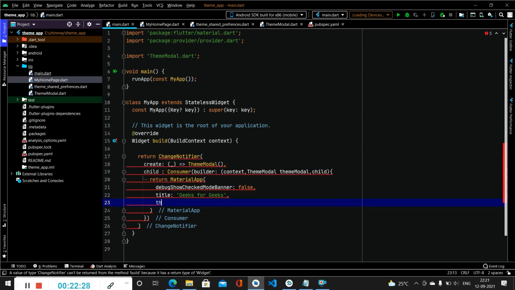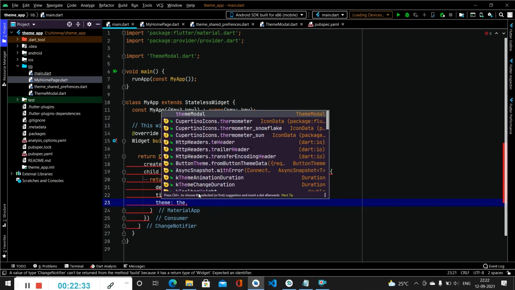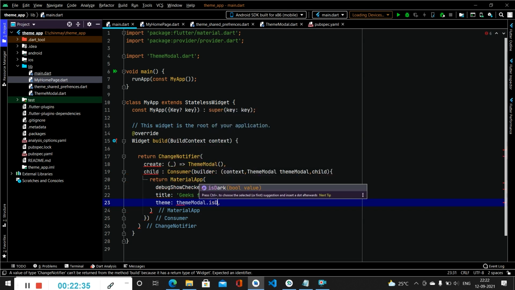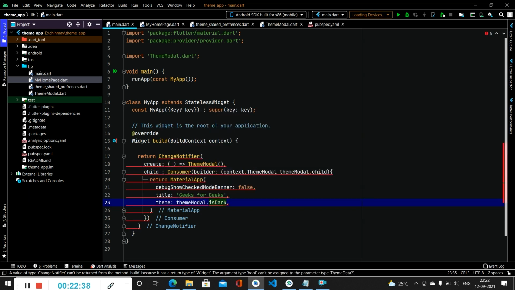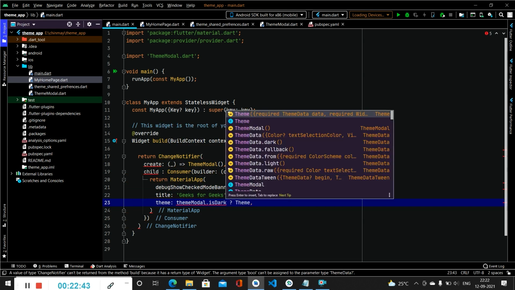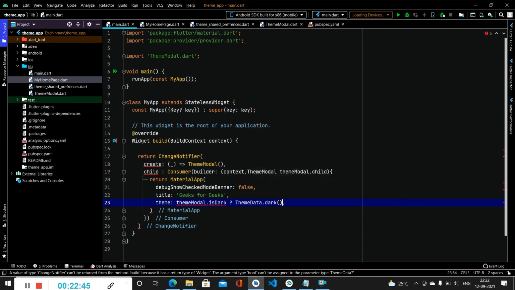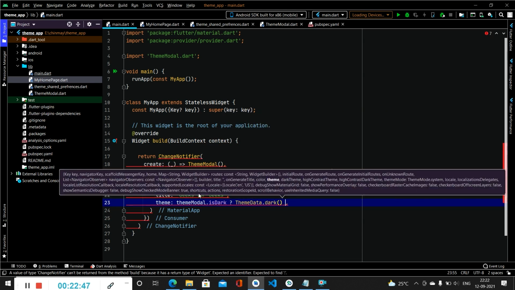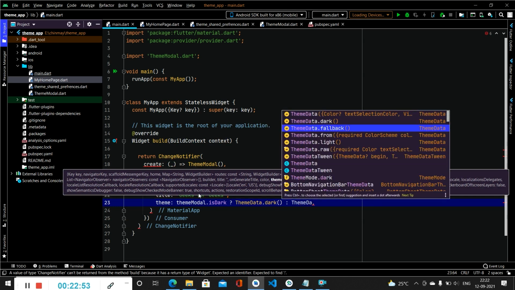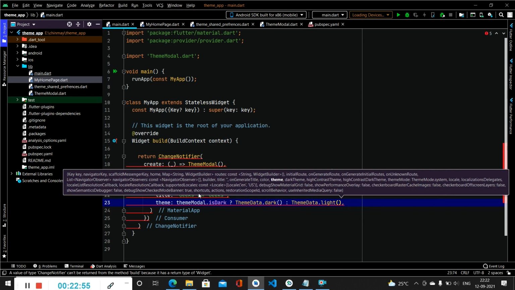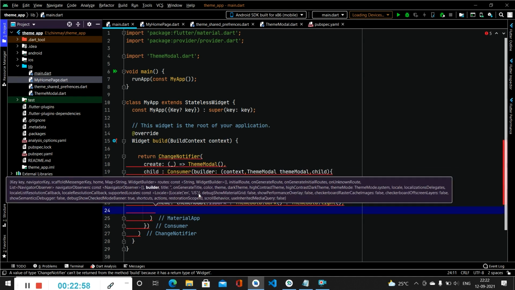After that, we will set the theme. From the theme model, we will be simply calling theme model dot is dark. In this condition, we will simply call theme data dot dark, and in the else condition we will simply call theme data dot light. Then we will simply specify the home as my home page.